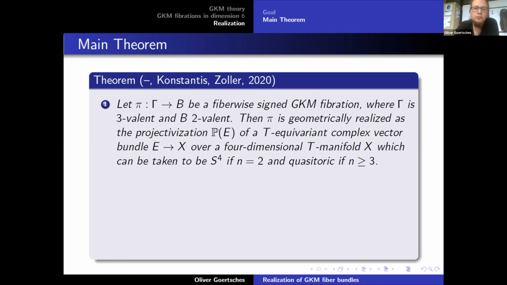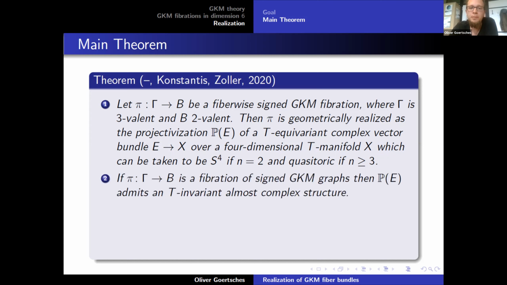I will not give the formal definition now, but what one can do is put unsigned labels on all edges, except for the fiber edges, which should have a well-defined sign. And then I demand also the GKM compatibility relation between the weights with the appropriate sign when I slide vertical edges to other vertical edges. Okay, but if I'm interested only in spaces with more geometry, then I can forget about the fiber-wise sign condition, and I can just look at fibrations of signed graphs, right? They are in particular fiber-wise signed.